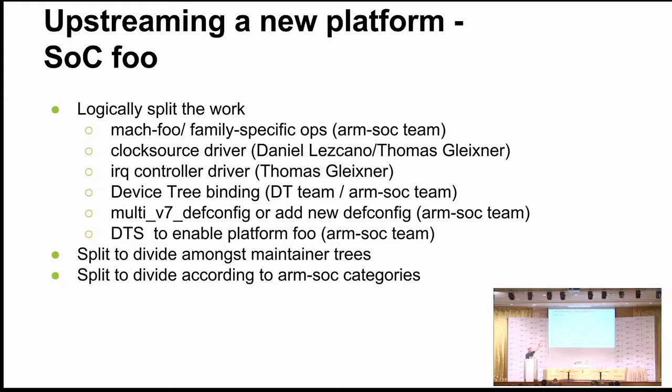And then if you're not using GIC, maybe you've got your own IRQ controller. Well, you need to write a driver for that, and that would go to Thomas Gleixner. And then you're going to have a platform device tree binding. Okay, that gets sent to the DT team,